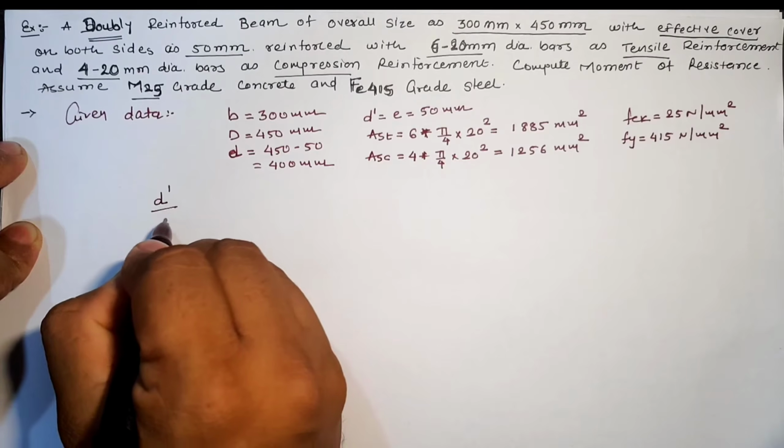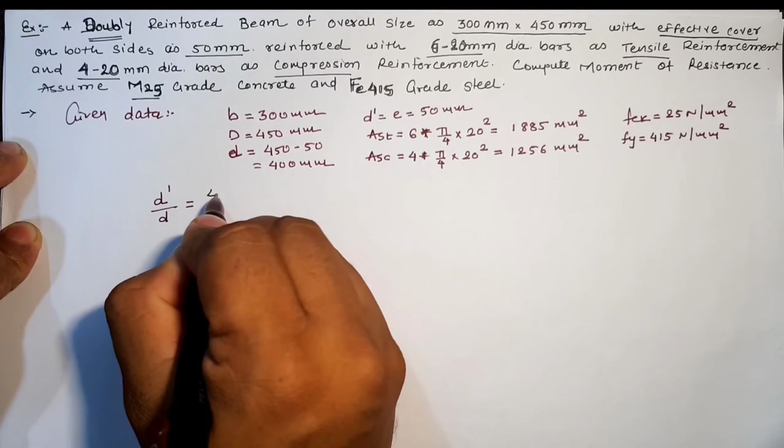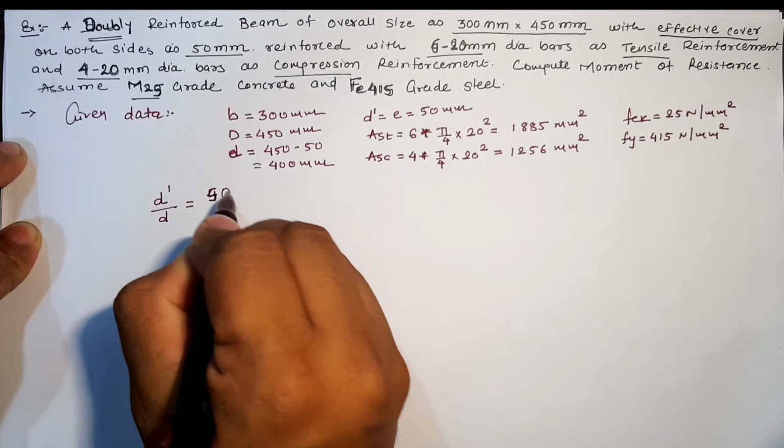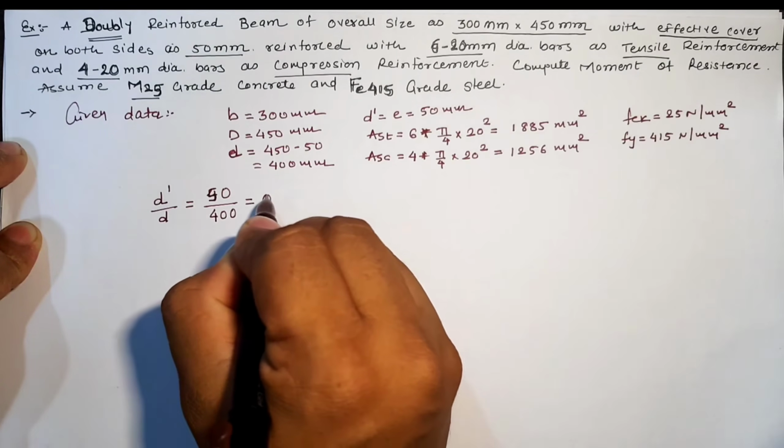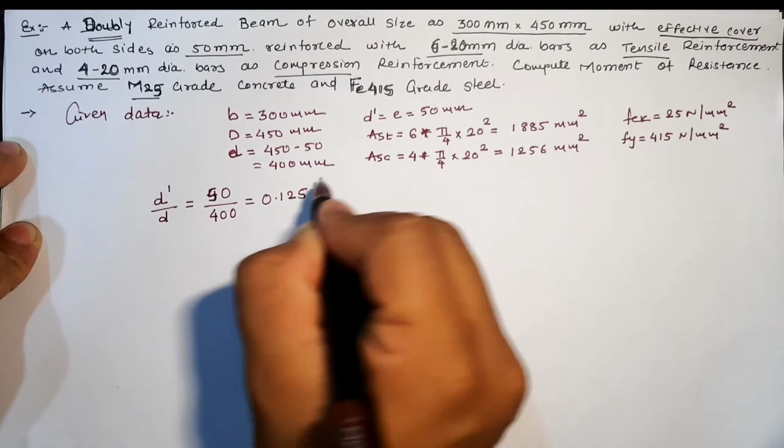So the d dash by d ratio is 50 by 400, which is equal to 0.125, which is less than